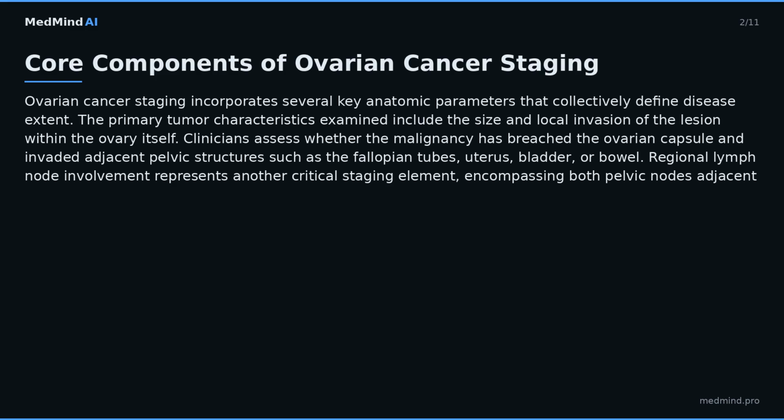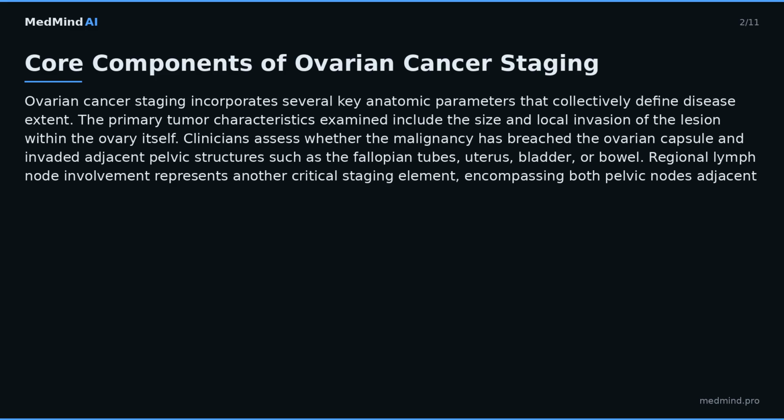The primary tumor characteristics examined include the size and local invasion of the lesion within the ovary itself. Clinicians assess whether the malignancy has breached the ovarian capsule and invaded adjacent pelvic structures such as the fallopian tubes, uterus, bladder, or bowel. Regional lymph node involvement represents another critical staging element, encompassing both pelvic nodes adjacent to the